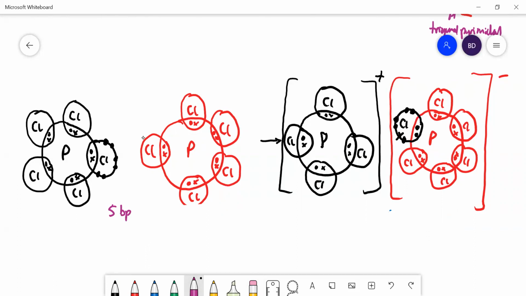So you have, remember, we draw it, I like drawing it with a little flat piece of paper there. So you have 3 of the chlorines in the plane there. Then you have 1 down here and 1 up there. The bond angles are 90 degrees and 120 degrees, and that's called bipyramidal. Because you've got like 1 pyramid sticking on top of the